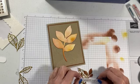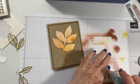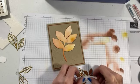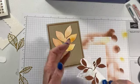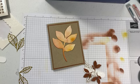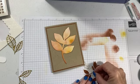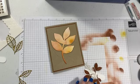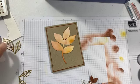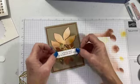All right, so now I'm going to try to be tricky and see if this works. I'm going to put some adhesive on the back of this and then sit this down and pick those up. So now they're on there, but just to make sure, I'm going to use my tape. You'll need a smaller, more narrow piece of tape for this piece, since that piece is so small. Okay, and then let's go ahead and get that dimensional on there. And I think I'm going to use the bigger ones just for...